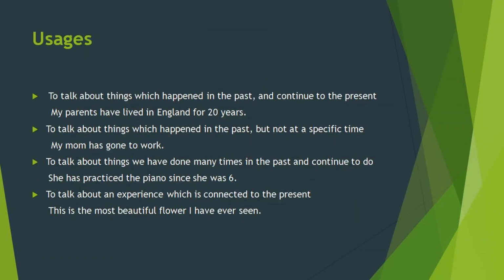We use present perfect tense, as I told earlier, when something happened in the past and continues to the present. It happened in the past but continues to the present. An example can be, my parents have lived in England for 20 years. Again, we use it when something happened in the past but not at a specific time, not at a fixed